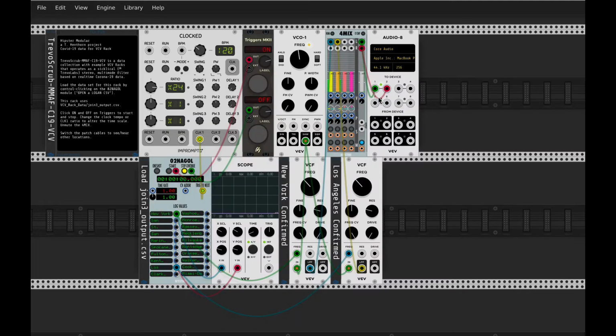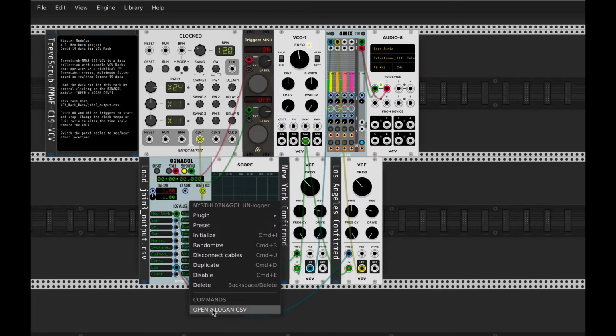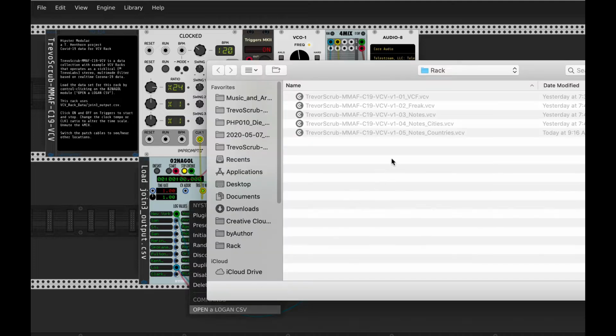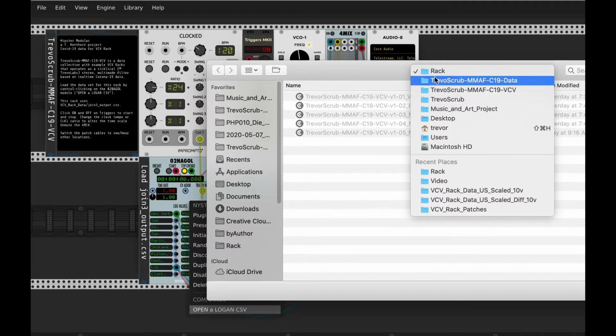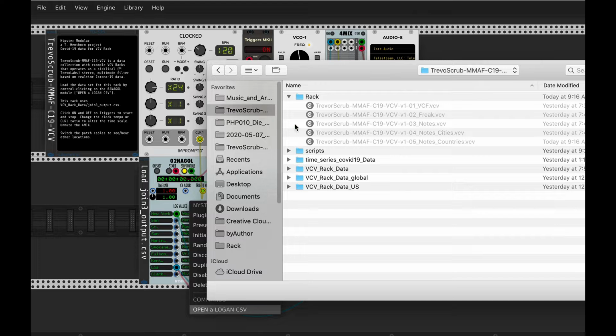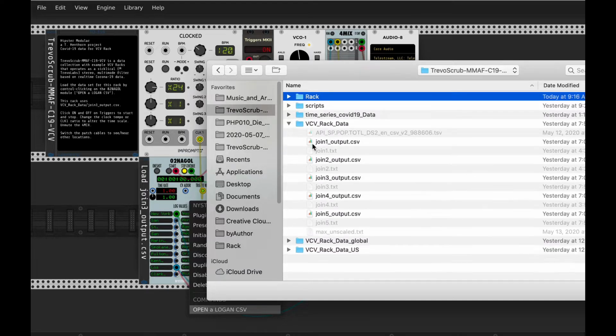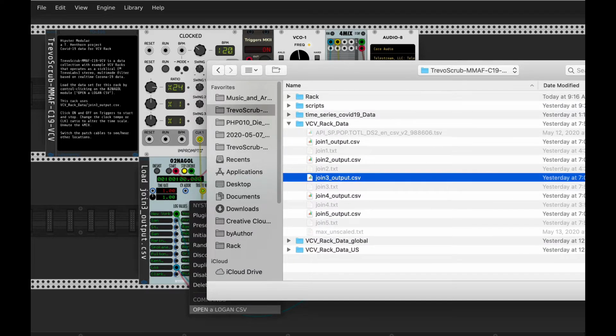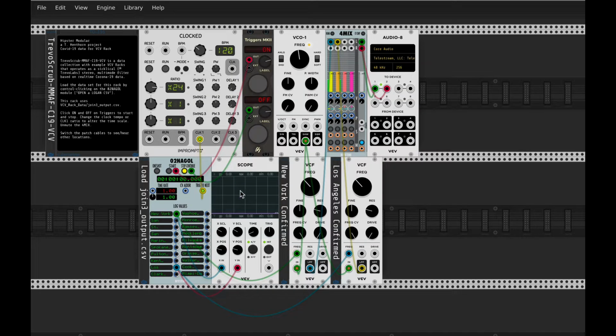So I have an example rack that I put together that's basically this, except I'm now using two low-pass filter modules, and I'm going to compare two locations. You need to load the data the first time you run this patch because, well, your hard drive is named different than my hard drive and it doesn't know where the data is. So you load the data. In this case, we're loading my file called join3